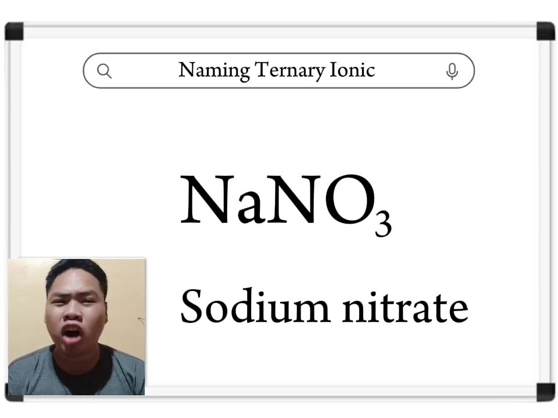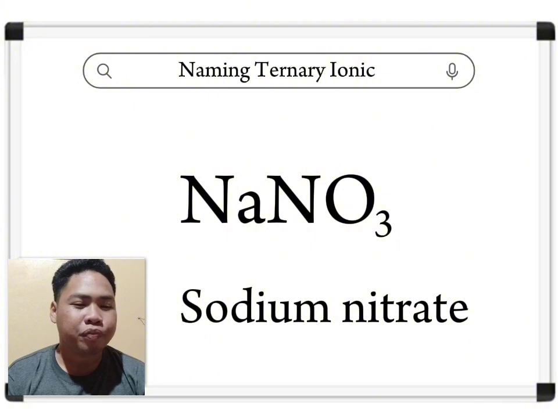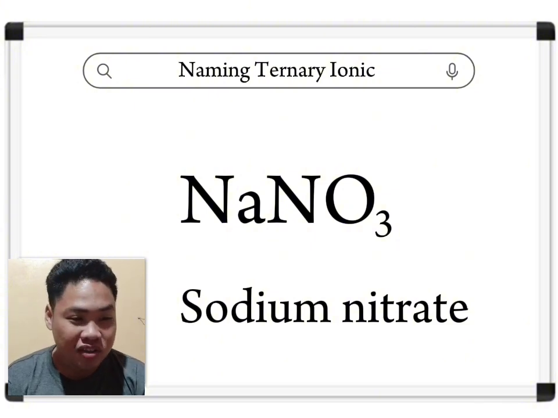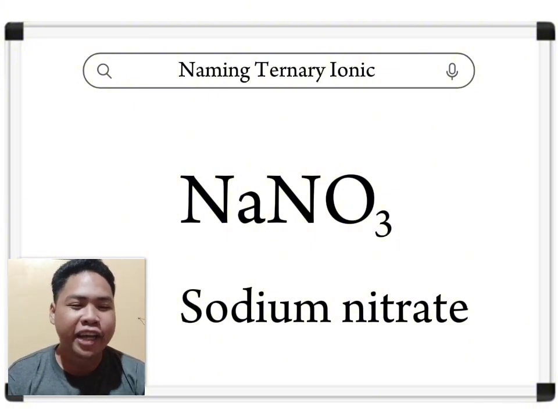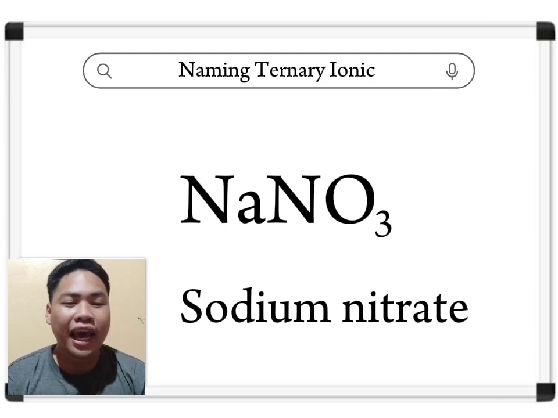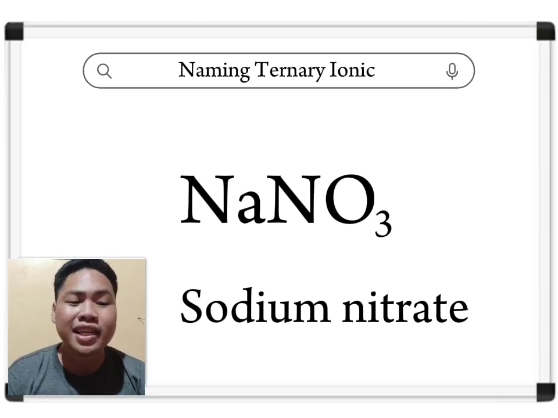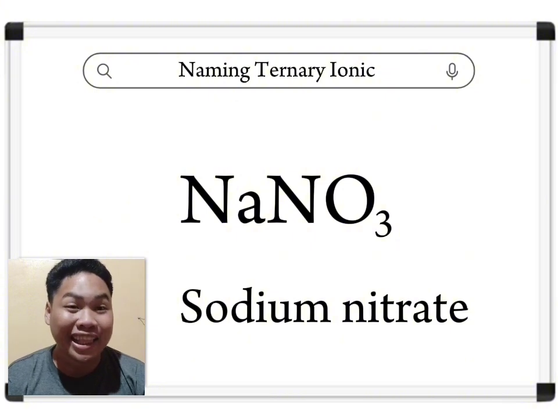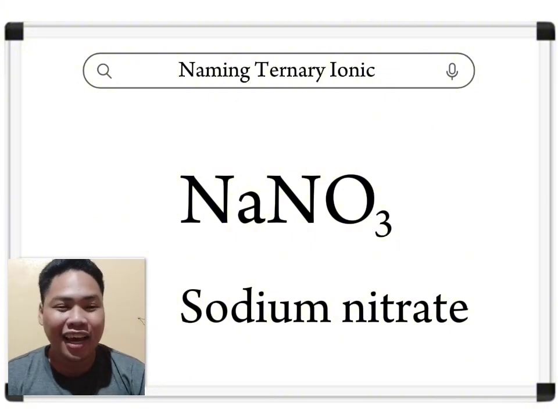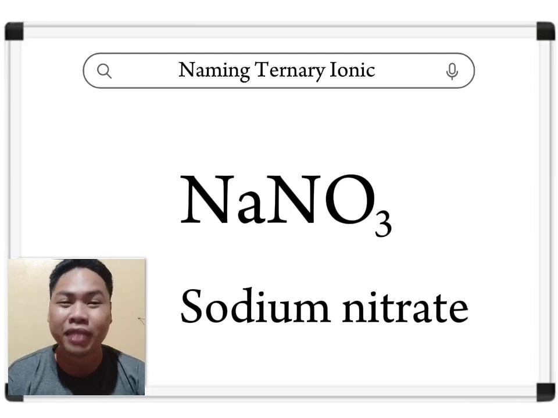So we look through the common ion table. We have the minus 1s, minus 2s, minus 3s, and so on. We're looking for the negative 1. And as we go down, we see that NO3 is a nitrate ion. So we go back and we write nitrate. And that's it. That's the name for NaNO3, sodium nitrate.